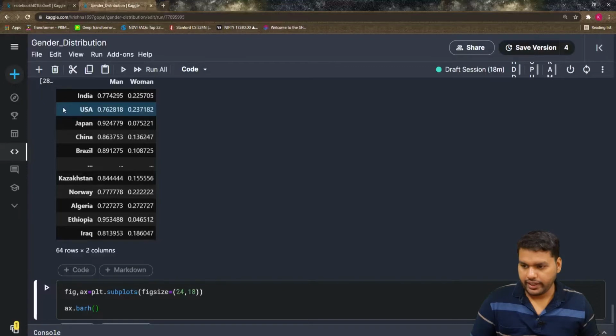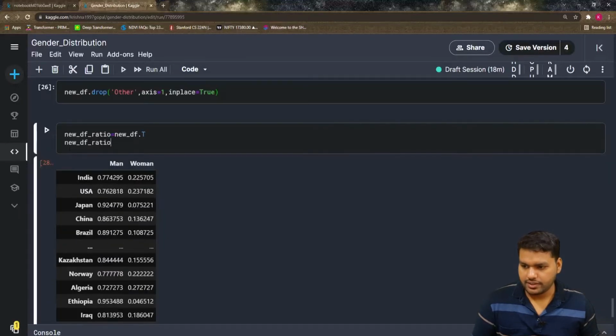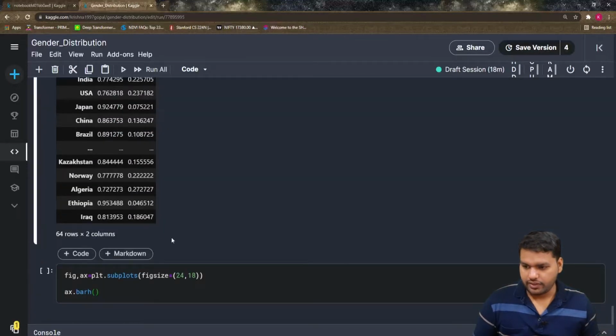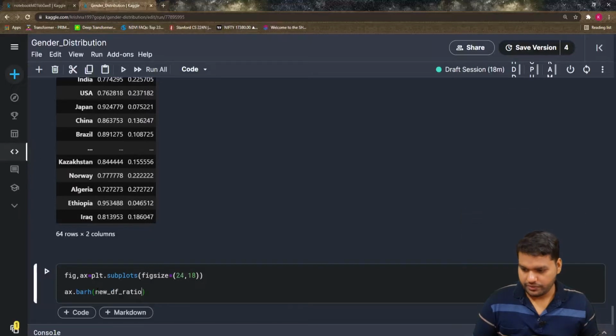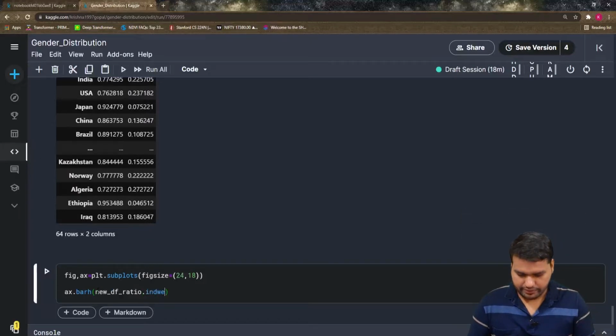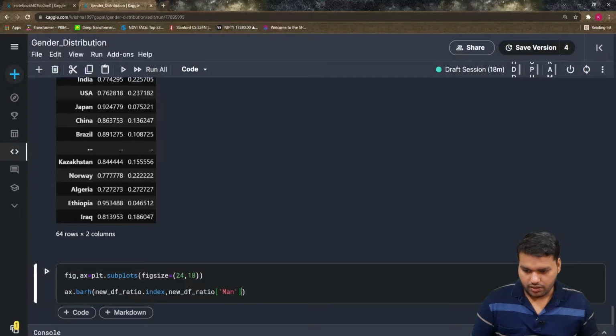Okay, so the index is the new_df_ratio index, that is what I want to see on the axis. So new_df_ratio.index, right? And I want to see here man, and what we can do, we can give it a good color.